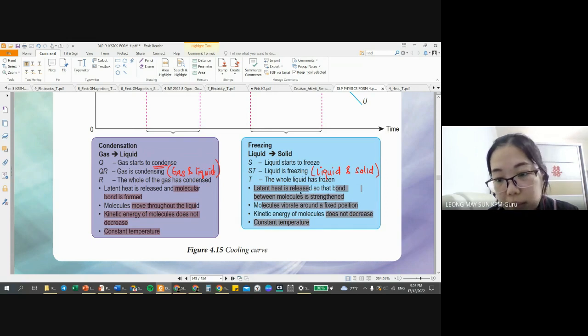All right, so you can see all the words that I've highlighted there. This one is a 4 marks question already. Okay, so from 4 and from 5, please do take note. All right,